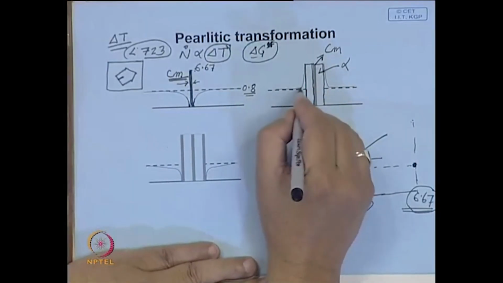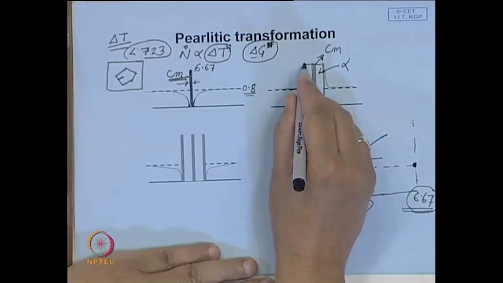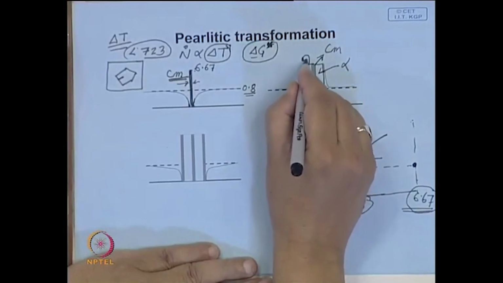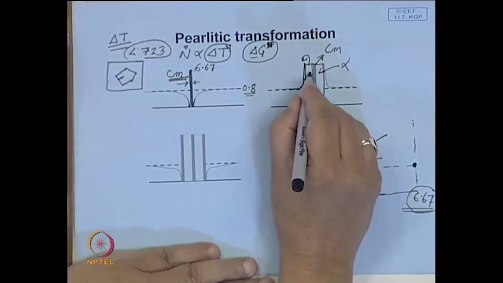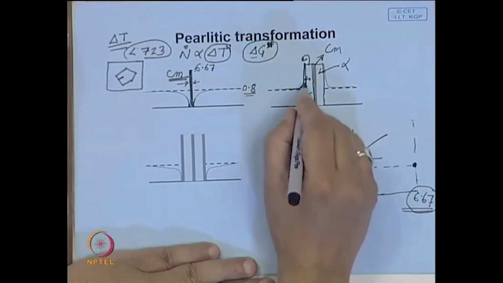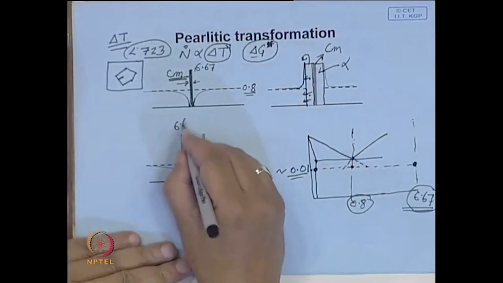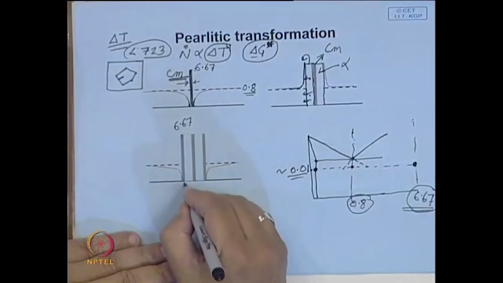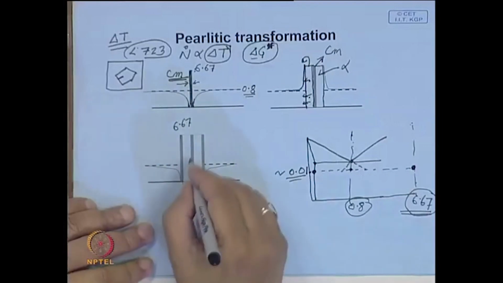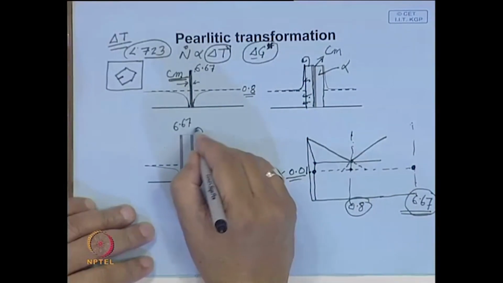So, if it rejects the carbon, again at the boundary the carbon content starts building up, and this process continues. So, this is rejecting carbon, it is rejecting all carbon from ferrite to this region, and as this carbon concentration increases to 6.67, again a plate of cementite nucleates. So, that is what is happening in the process, two things are happening, this process of diffusion,